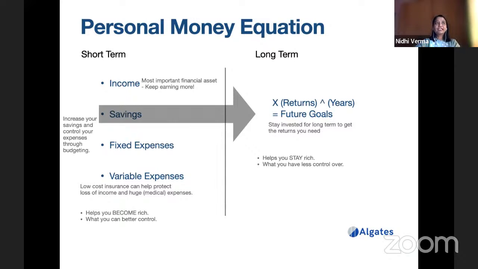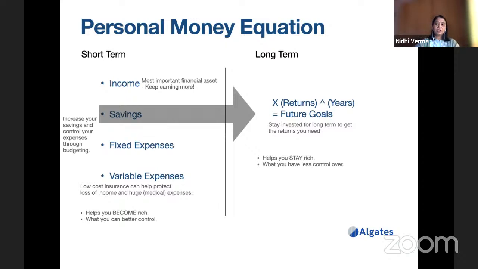So insurance will take care of these one-off, unseen and unplanned expenses. So be insured, especially I'm talking about health insurance here, because medical expenses are huge these days. And also try to insure yourself against loss of income just in case it happens. So try to have some kind of critical illness or those kinds of insurances, so that even if you have loss of income, you don't have to liquidate your investments soon.